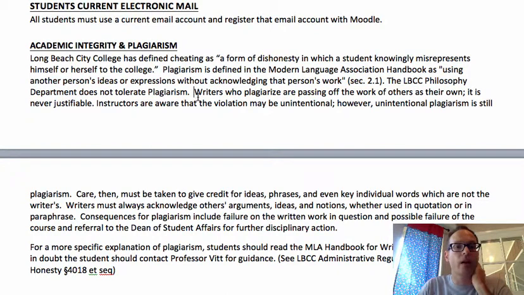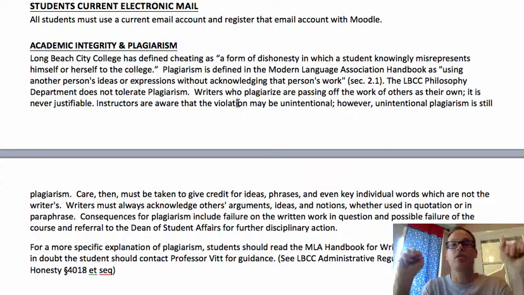So when you are writing your paper, we'll talk about this more as this comes up, or you're taking a test, you are the one doing the work, and you're warranting to me and to the college that you're doing the work. If you're writing something and you're not sure whether you should cite it or not, you should always cite it.